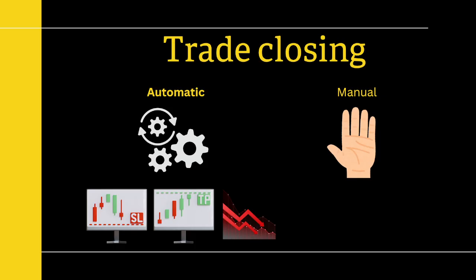Trade closing or trade opening can happen in two ways, an automatic way or a manual way. A manual way is basically you clicking a button to enter and exit the financial markets. You click on buy, you click on sell to sell, and that's the manual way. The other way is the automatic way, which is basically setting orders and leaving them be until they get triggered